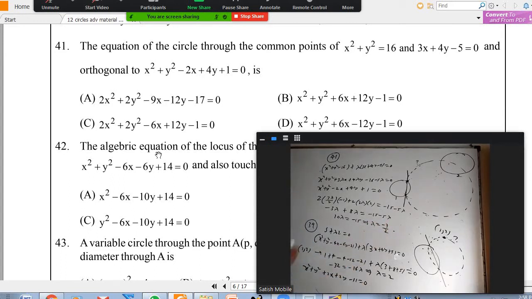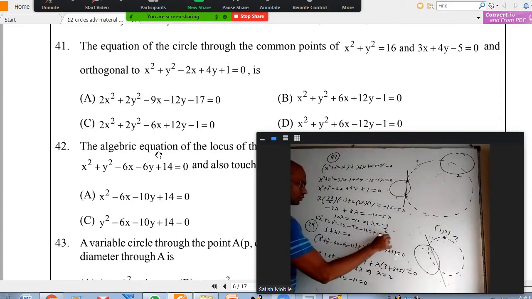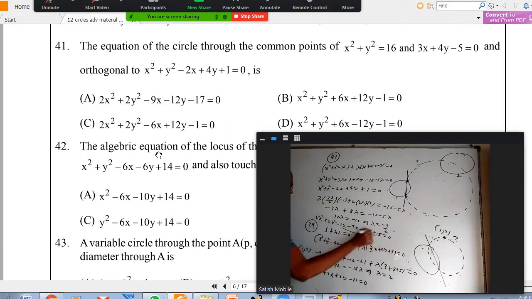You can put lambda back as minus 3 by 2, bring 2 here. We will get 2x square plus 2y square minus 3x minus 6y minus 32 minus 15 equal to 0. So constant together will be minus 70.